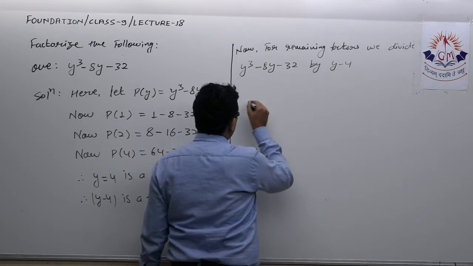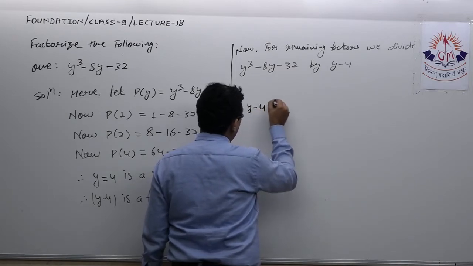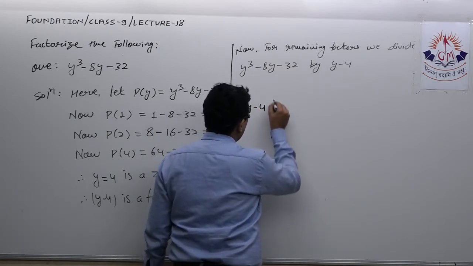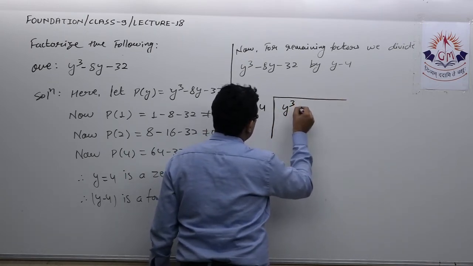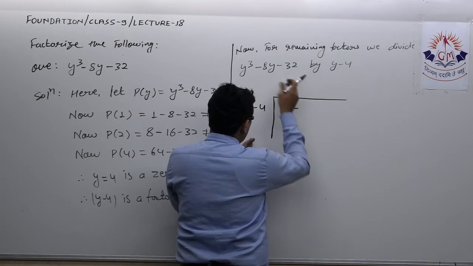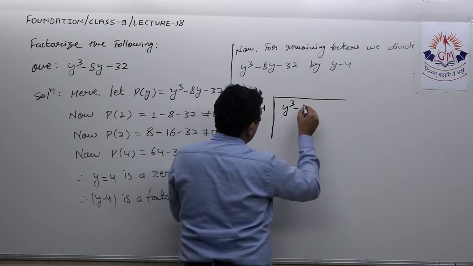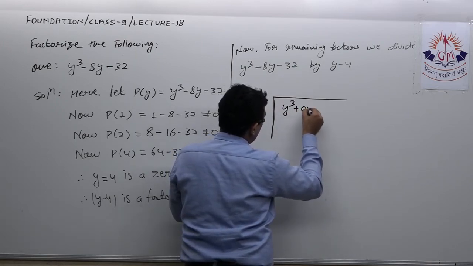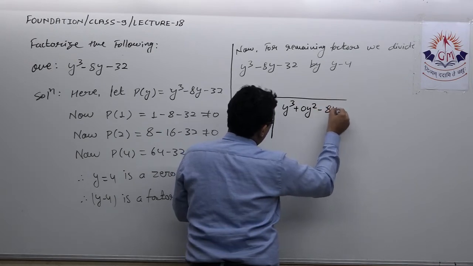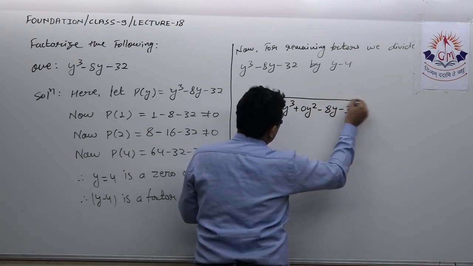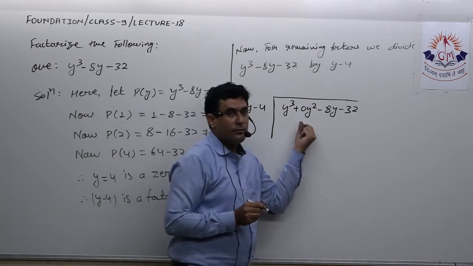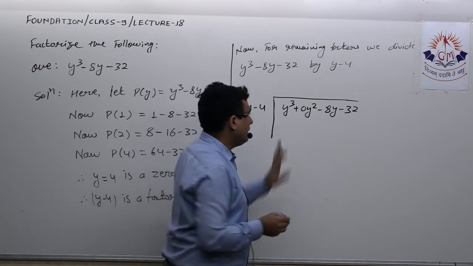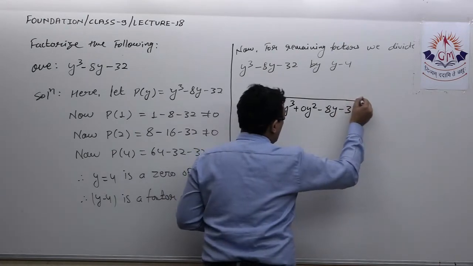So here I write y minus 4. I'm going to divide this by y cube plus 0y square minus 8y minus 32. Okay, I added 0y square. Actually, I added nothing because it is 0y square. Now,